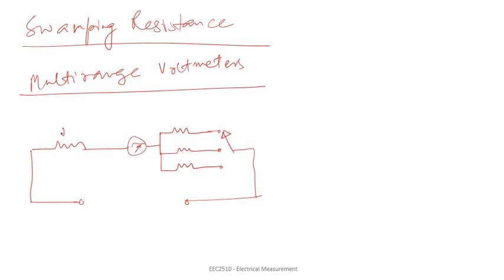So this is the meter resistance Rm. This is R1, R2 and R3. All these are the multiplier resistances, different multiplier resistances. This is the switch which can be connected to any of these three, and this is the voltage. One more circuit can be drawn.